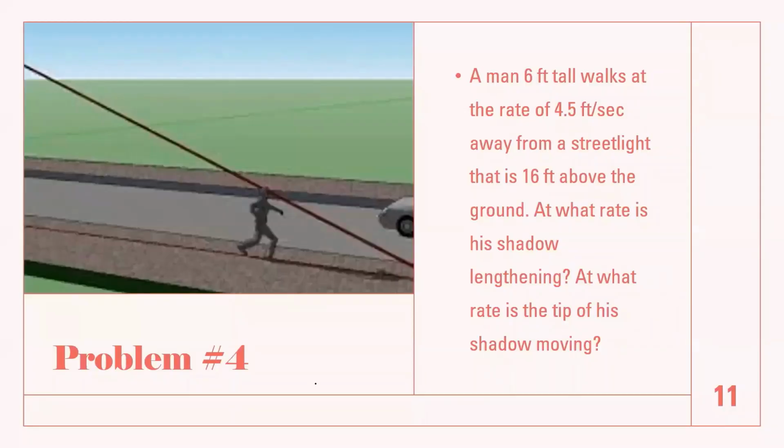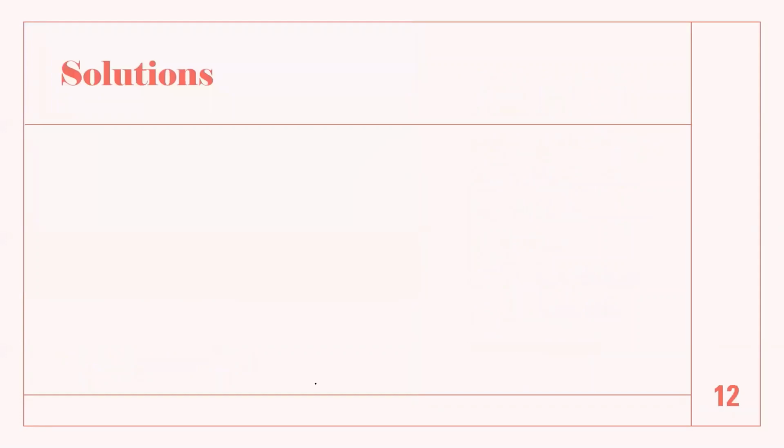Okay, so the fourth problem states that a man 6 feet tall walks at the rate of 4.5 feet per second away from a street light that is 16 feet above the ground. At what rate is his shadow lengthening? At what rate is the tip of his shadow moving? So first we're going to draw a diagram